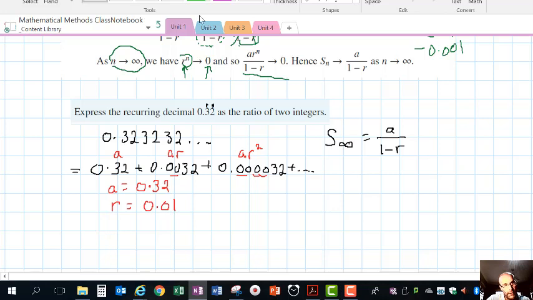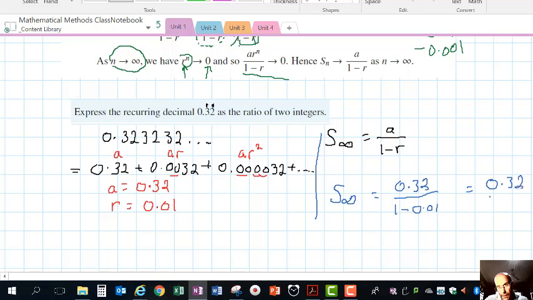And so we've got the elements we need, and so the sum of the series to infinity will equal 0.32 over 1 minus 0.01, which is 0.32 over